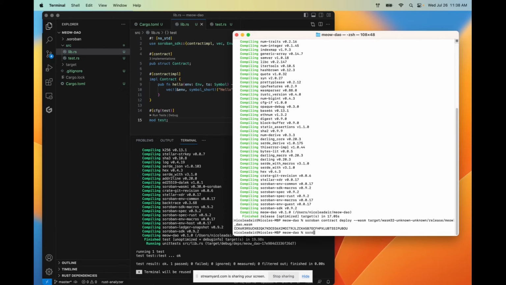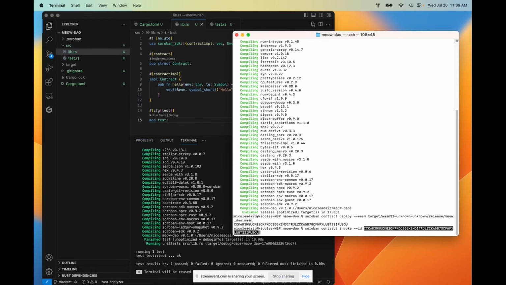So once you copy that key, you can invoke that contract with soroban contract invoke, and then adding in the ID after. Once we've referenced this ID, we're going to paste in the public key that we copied just before. And then I'm going to call our function hello, which we have over here, our public function hello.